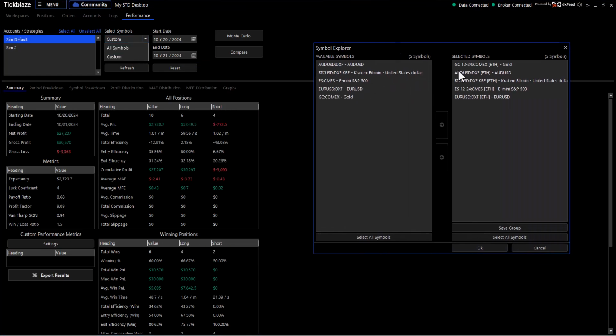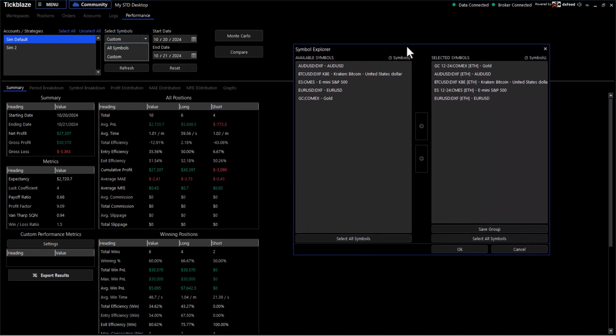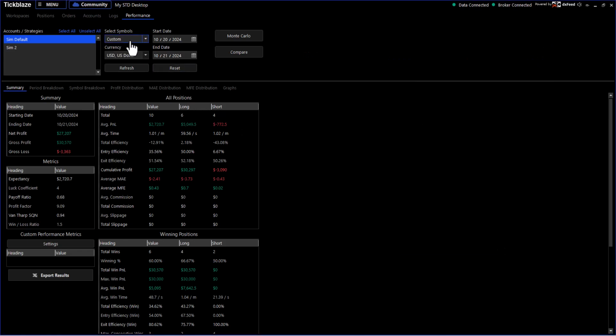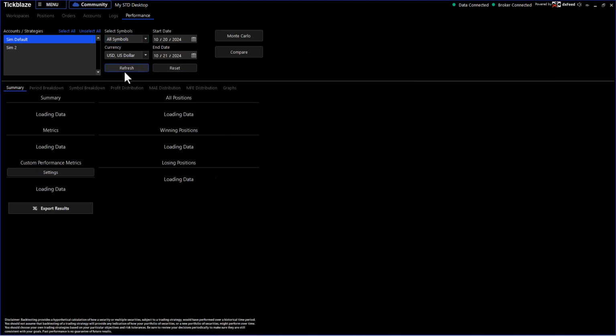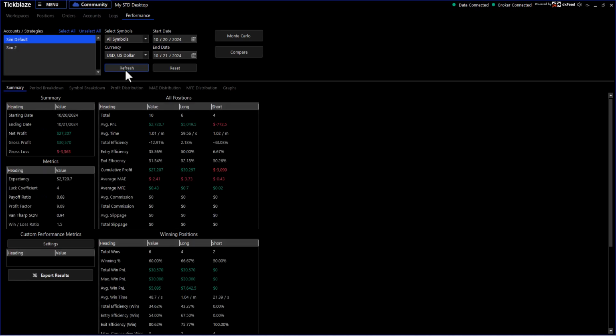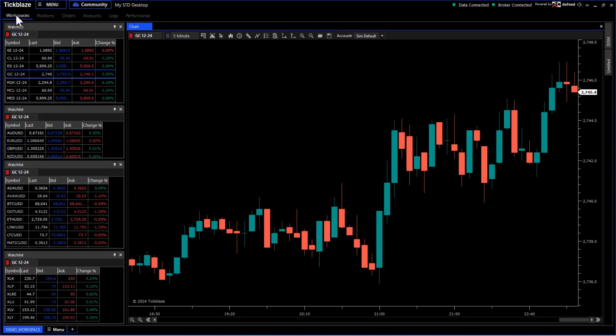If you only want to see the symbols that you want to assess, you can do that. But if you don't select a custom symbol, then you're by default going to be looking at the entire snapshot of all the markets that you traded for this account. Now you have the ability to look at multiple accounts simultaneously, or you can look at the performance on a one account basis. Now, before we start analyzing the KPI metrics, let's go back to the charts here